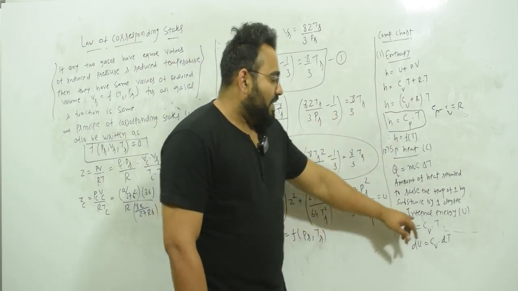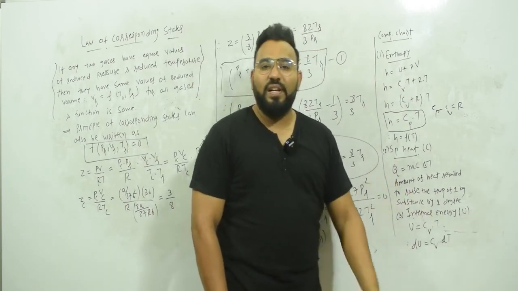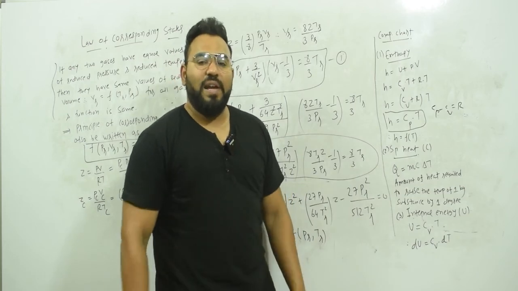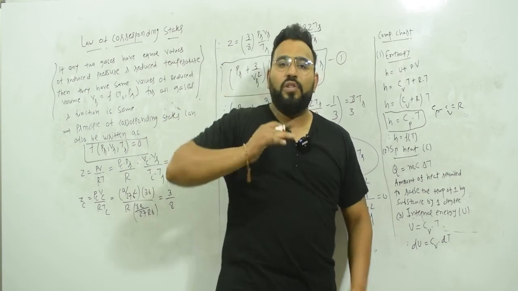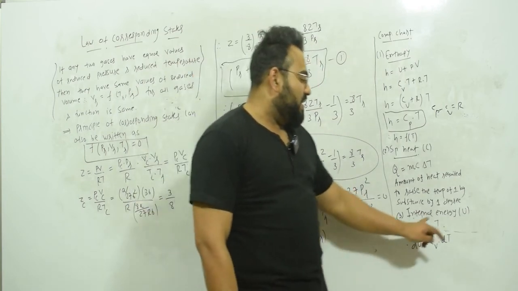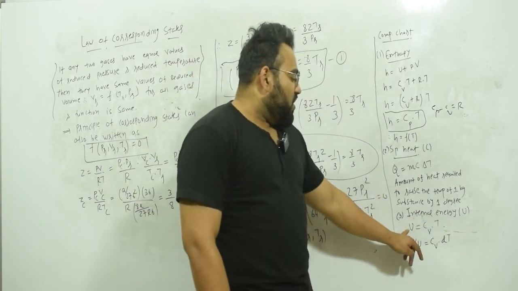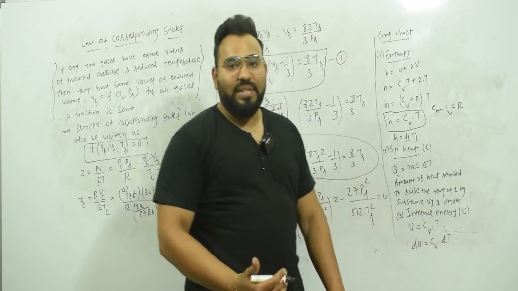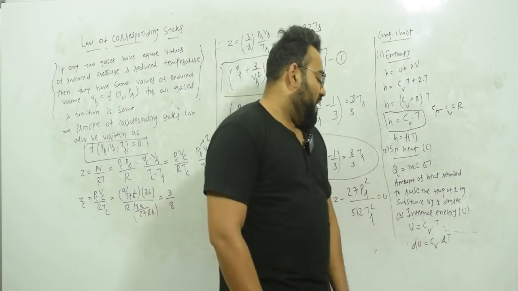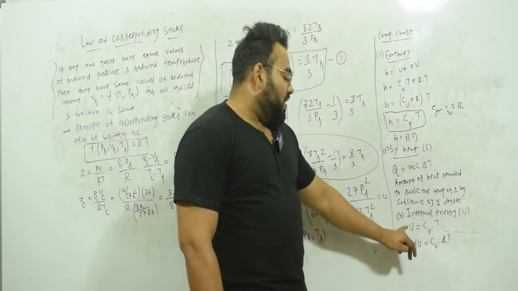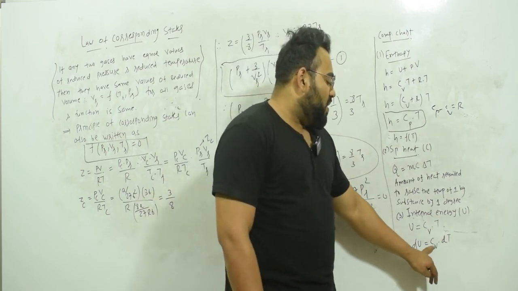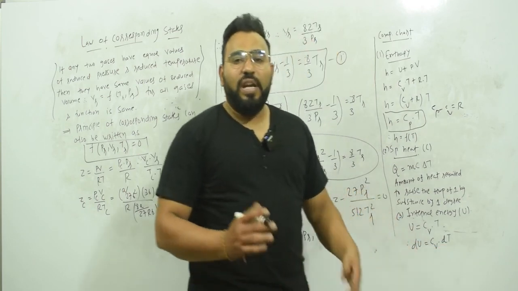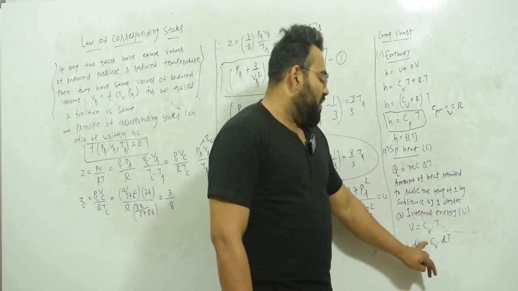And the last thing, internal energy U. What is internal energy? For any substance there are molecules and they are continuously vibrating inside the body, so they possess some kind of energy. That energy is internal energy. So internal energy U is defined by mCvT. m is taken as 1, so U is equal to Cv into T. If you differentiate it, dU is equal to Cv into dT. That means change in internal energy is equal to Cv into dT. Or if you don't take mass equal to 1, then you can write dU is equal to mCv dT.